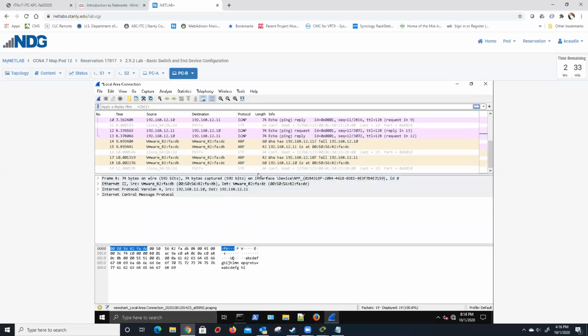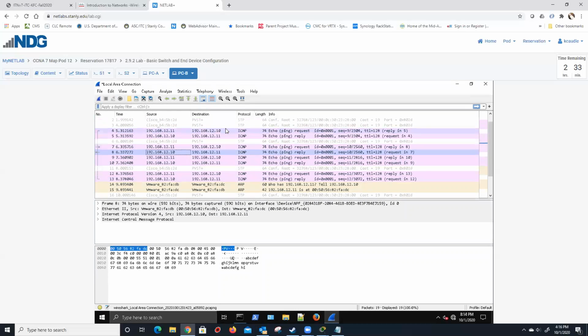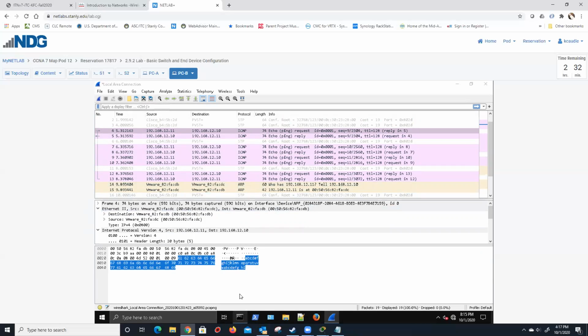So this is the real world version of what Packet Tracer was doing. So here is an ICMP echo request, and if you look down here, here's your source IP address, which is 12.11, which is PCB. The destination is 12.10, which is PCA. We look at our Ethernet, so this is our layer 2 information down here, our framing information. You'll see the source MAC address is the 82FADC, which, by the way, if I go down here and I do an ipconfig /all,